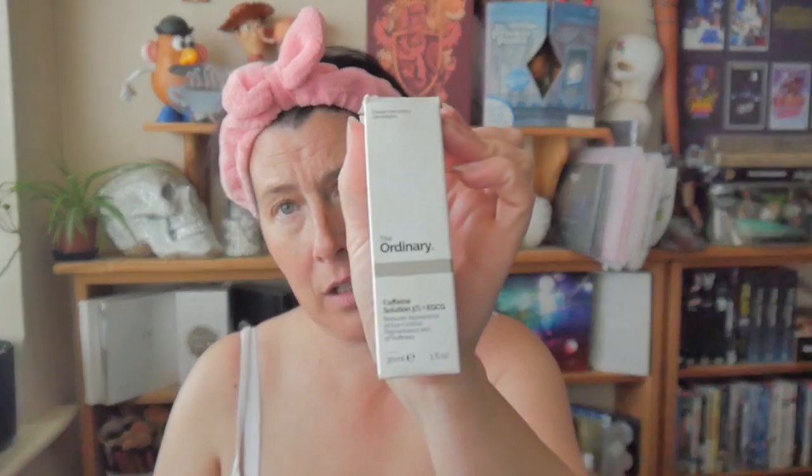Right, now that that's settled in, I then go on to my serums. Oh no, what I have been doing, sorry, is the first thing I like to do is this. This is the Ordinary, if you can see that. This is the Ordinary caffeine solution,